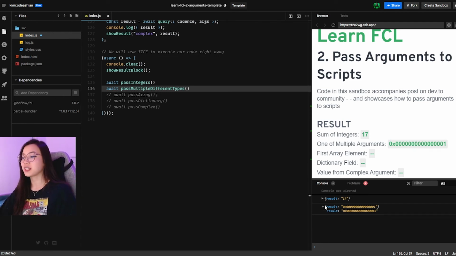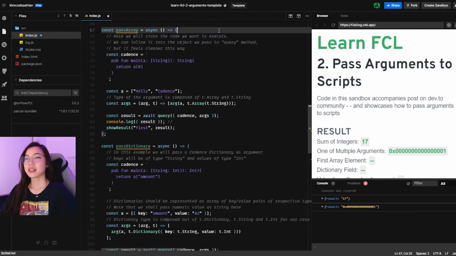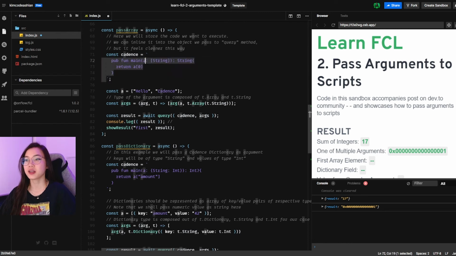And you can also see in the console log that we have the exact same thing. Now, how can we pass in more complex types like an array? So in our pass function, here we have our Cadence script that takes one argument, which is typed an array